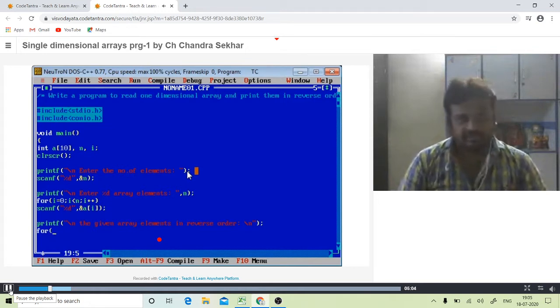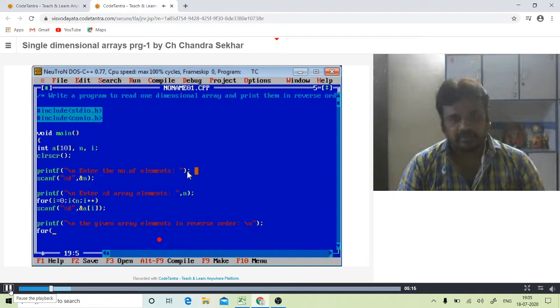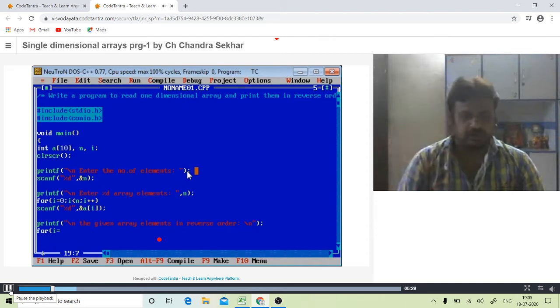For i equal to. Actually the elements are stored from the 0th location to the nth location. But my output must print the array elements in reverse order. That means to print the last element first, then the one before it, and so on, up to the 0th location. So my starting point is the n minus 1th location, that means the last location, and i greater than or equal to 0.